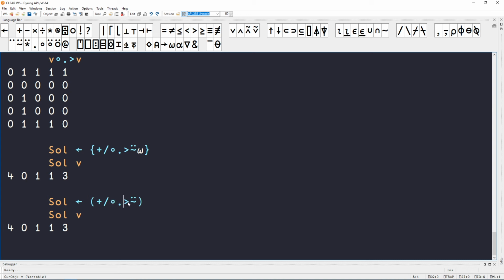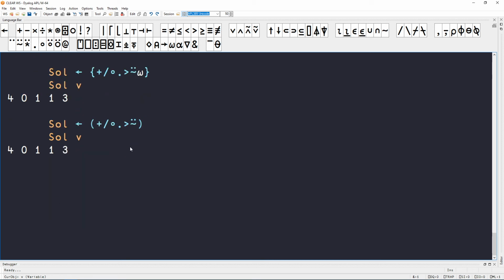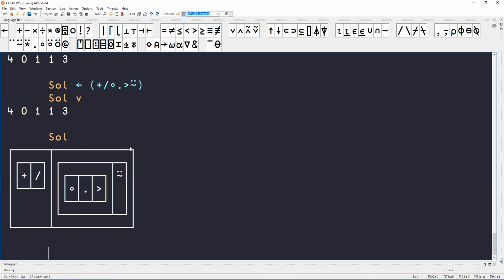There's the operator and you derive a function, and then this is also an operator which binds to this. So this is a whole function, and this is also a single function. So there's two functions in here, and this works as a two-train. Therefore, it works as an atop. You can see here these two larger boxes say that sol is just two functions put together. So yeah,